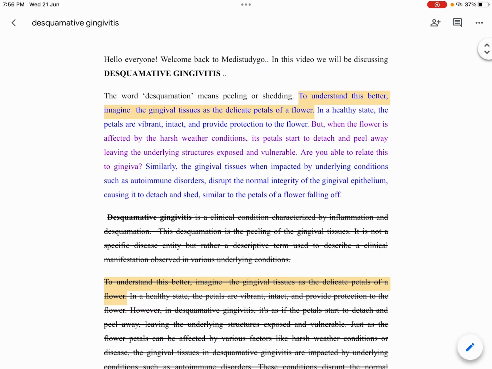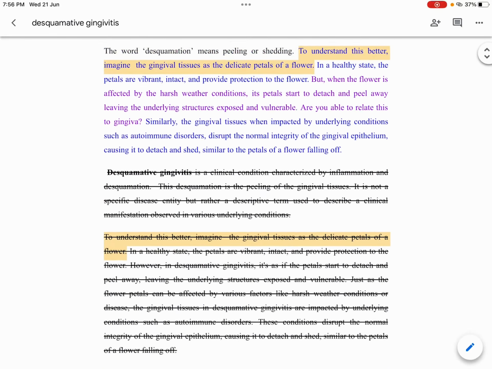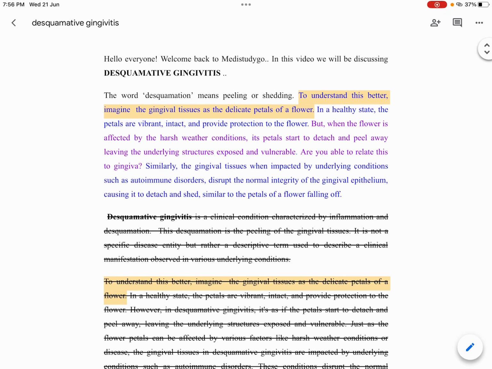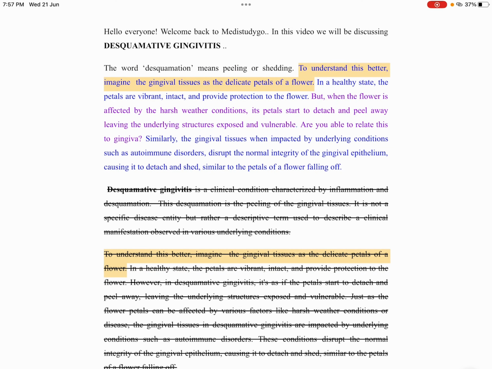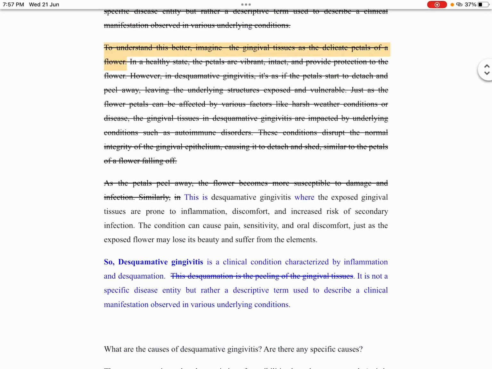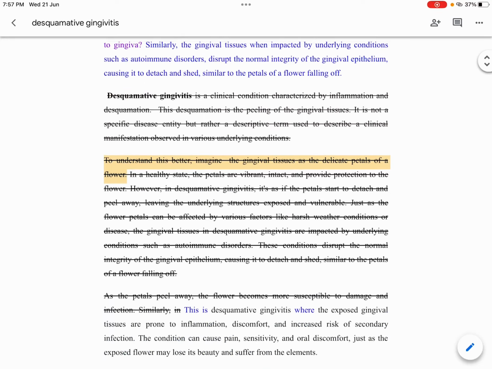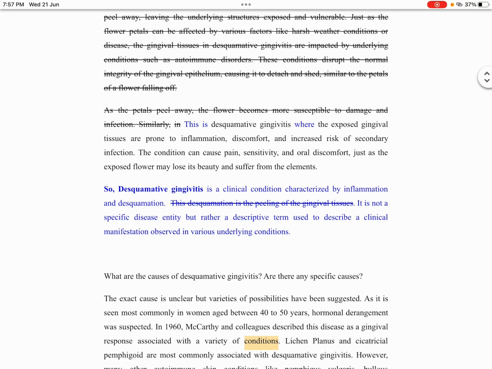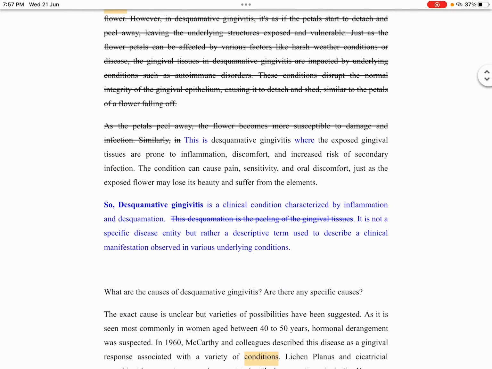So in the initial part we have done some rearrangement, and here we have included the analogy in the introduction part itself. Then we have done some changes in the lines while you were explaining the analogies, and then you can see that we have eliminated some lines, and we have put this line over here; we have shifted it from the initial part to here.